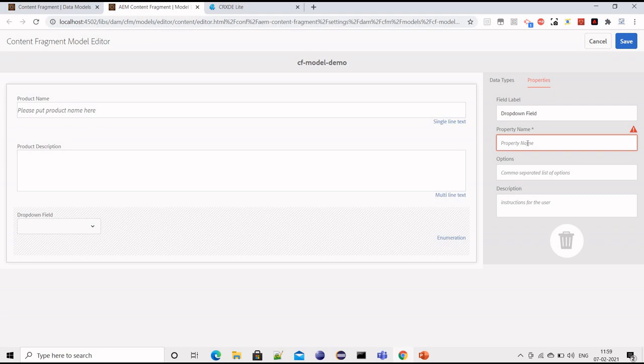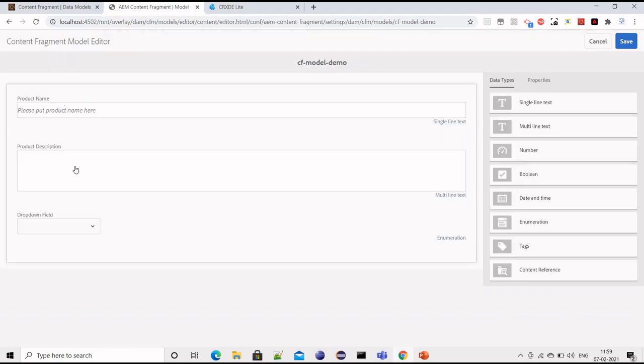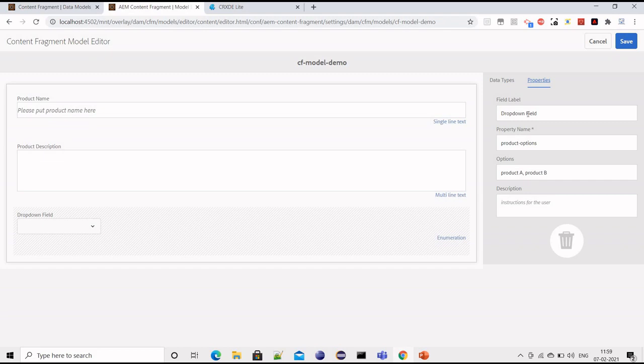Maybe I will say the name is product options, with a comma separated list of values. So say product A, product B, and we can just save it. Let's quickly check it. Everything looks good. I think we have not given the drop down a name.